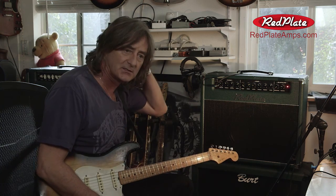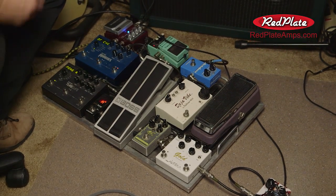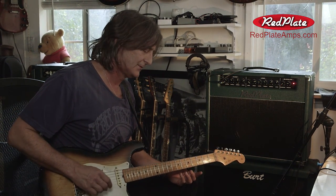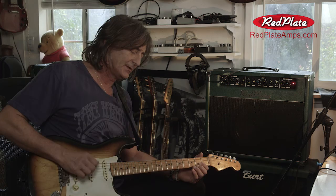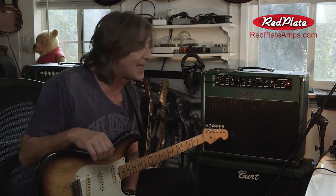I'm told it's designed after a Dumblator, whatever that means, but I know that my little pedal effects sound great through it. It's a really simple amp to use, and it's built like a tank, and it sounds sweet in any setting you got. So when you get a chance, check out the RedPlate Blackline series at